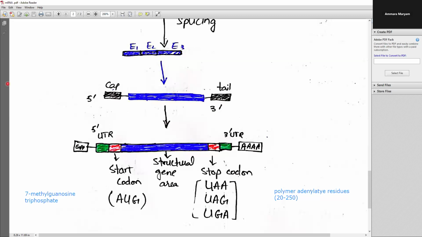These are the 5 prime untranslated regions. And again there are 3 prime UTRs।